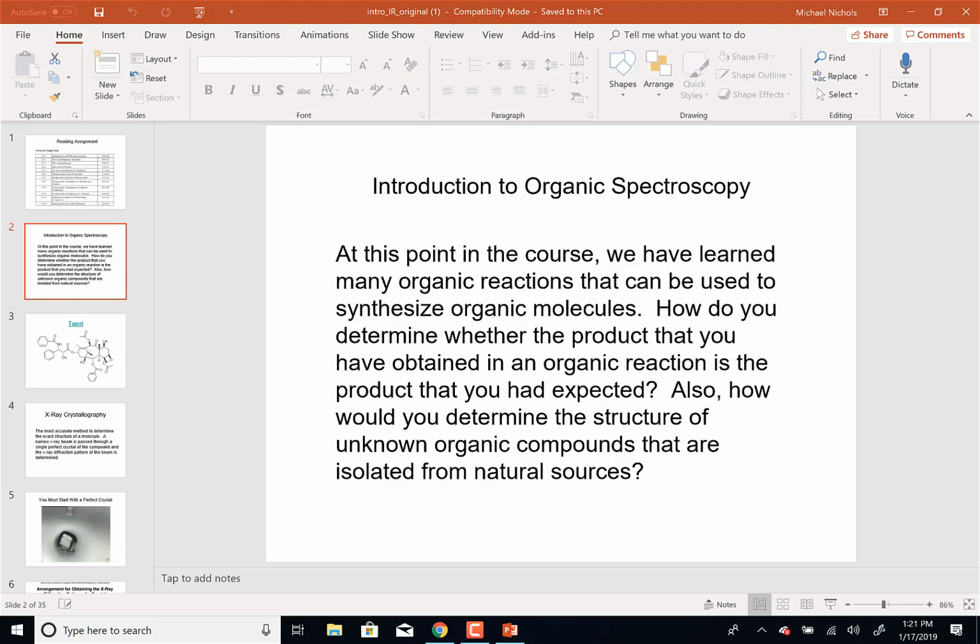Or if you had an alcohol, you might say, I think I have an alcohol. Let me drop a very tiny piece of sodium metal into it. And if it fizzes, because it's producing H2, then I've got an alcohol. If you drop a very small piece of sodium metal in water, it also fizzes before it explodes. Right? Alcohols are going to react slower, and we'll get to that reaction this semester. So we had all these color tests.